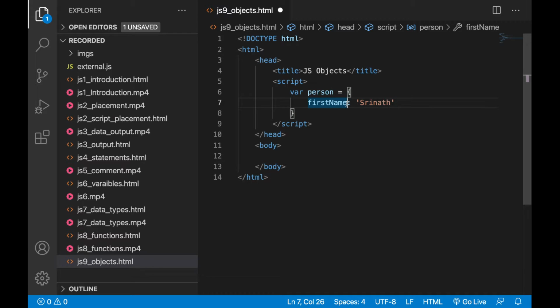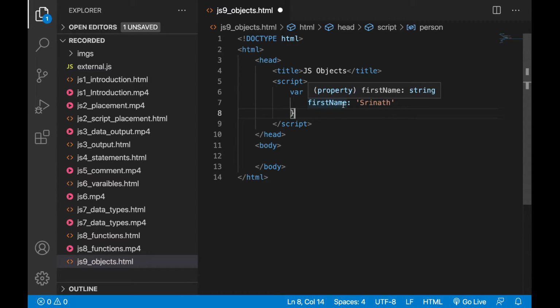Let's say one more, firstNameProperty. If we have three words, here N is capital and P will be capital. That is the example. In JavaScript, mostly camel case we will use for properties or variable names.